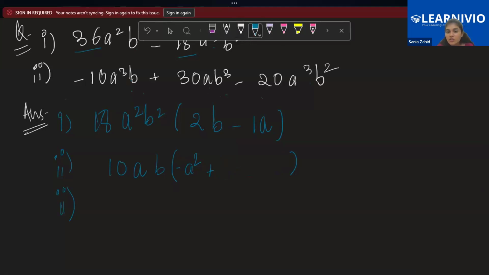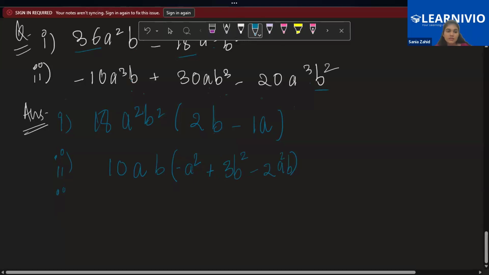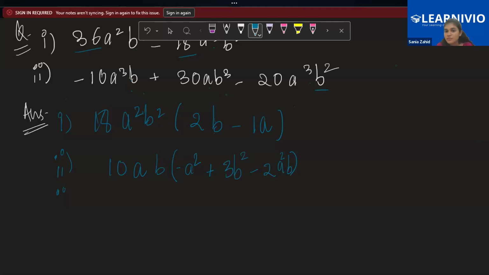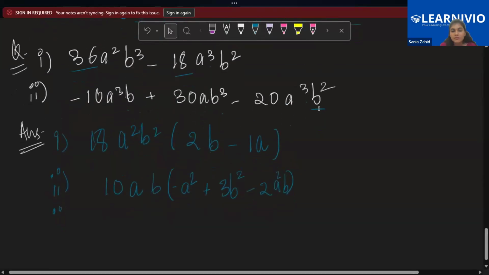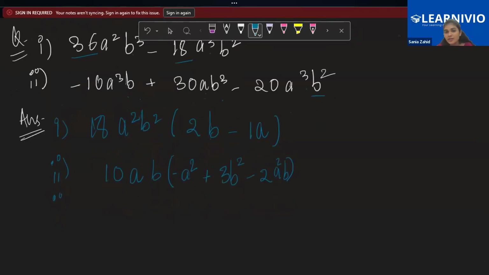You take 10. Now, please change the question. First of all, this is b square. Yes, that's correct. And Duha, you will get 3b square. That's correct. And then minus 2a square and b. Okay, this is the solution. Right? Ma'am, there's no extra b. Oh yeah, I changed the question, right? Yes, ma'am. So now, children, I hope